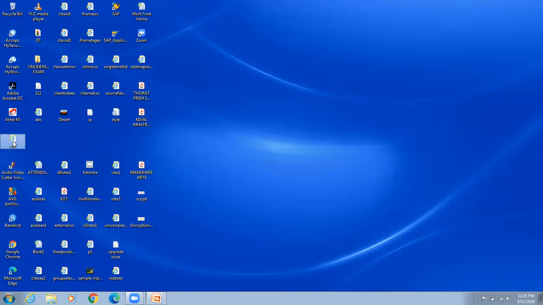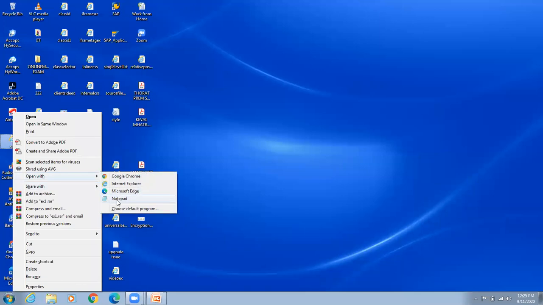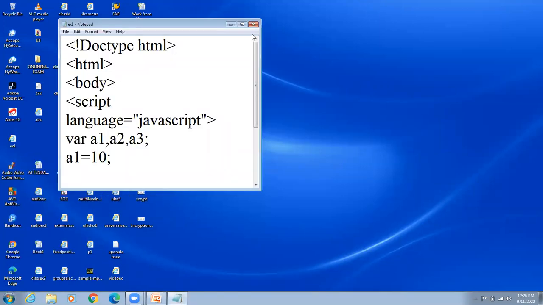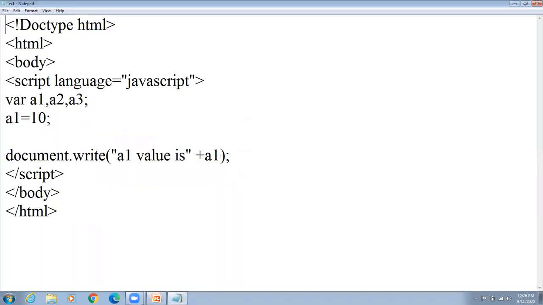Right click on this file, open with Notepad. Here, what will happen if I use double quotes around A1? This string is joined: "A1 value is A1".